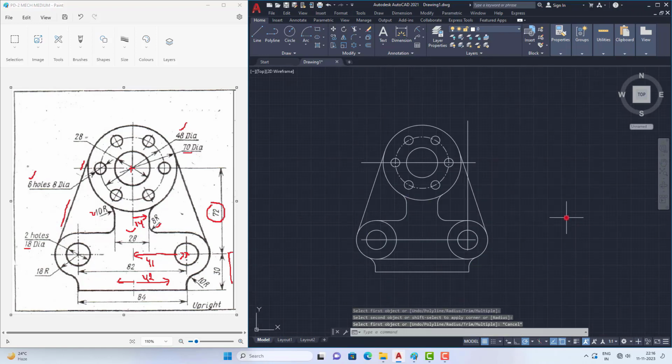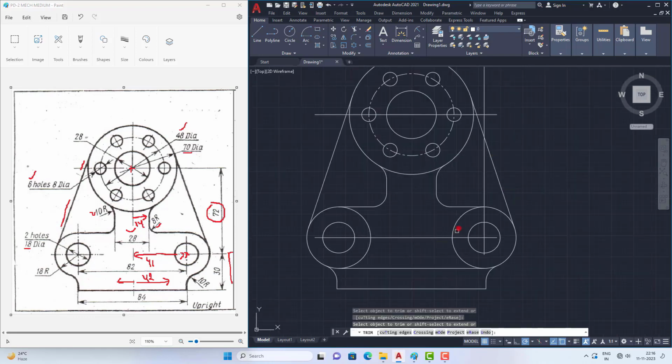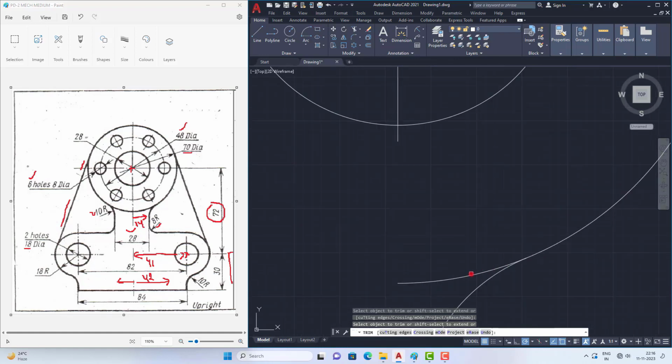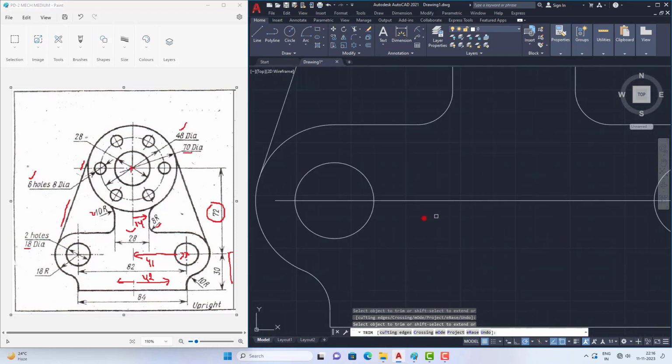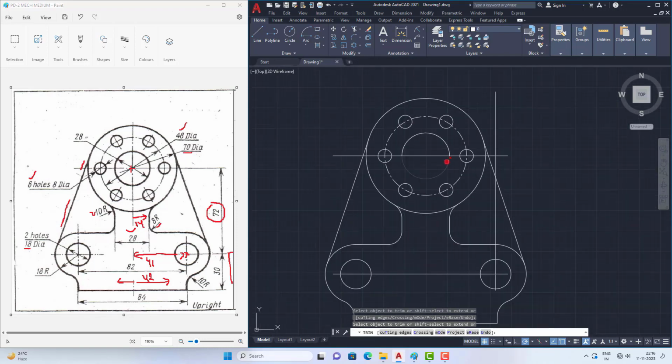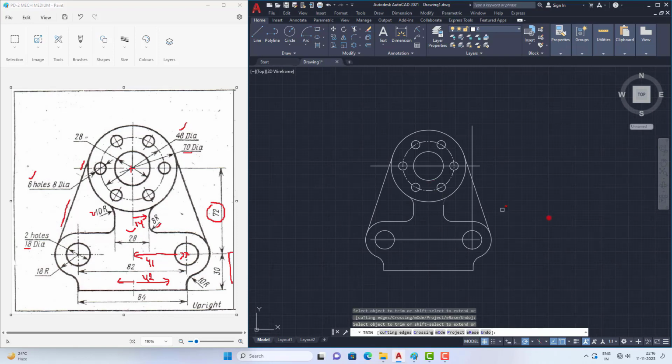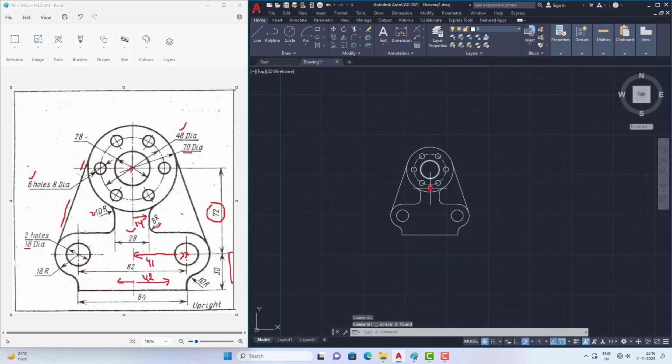So now trim off the unwanted parts by giving the command trim and pressing enter a couple of times, and now I am deleting these lines. See, I don't want these lines, so I am deleting them. Once zoom in and check whether any unwanted material remains after trimming or everything is trimmed off. Once check and remove the unwanted lines from the drawing, and say this is our final drawing,